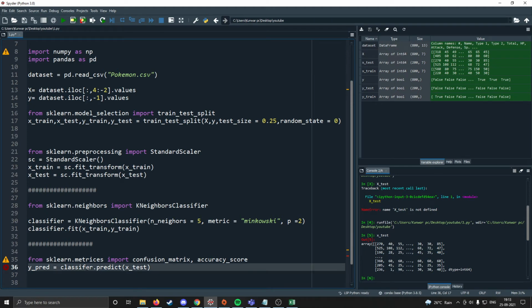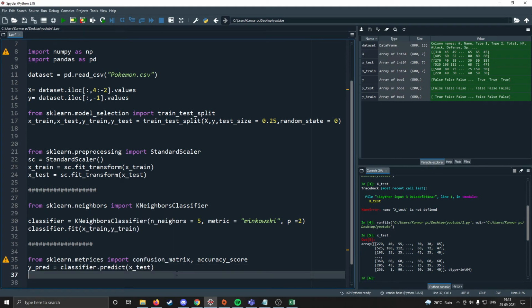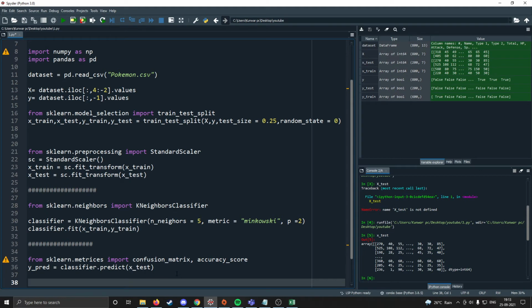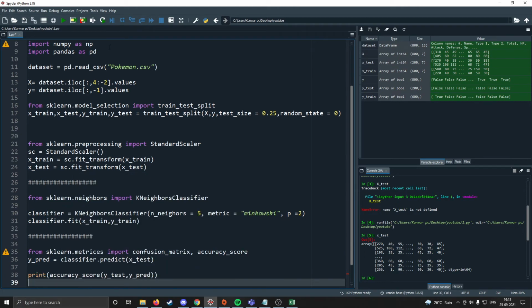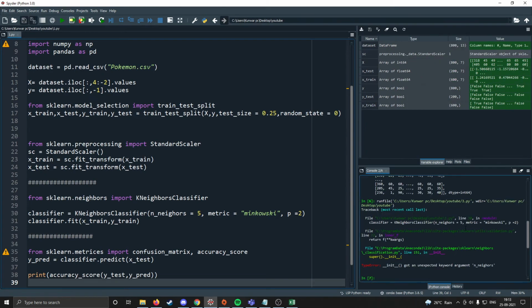Classifier, so spelling mistake, and accuracy_score should be test first. So y_test comma y_predict. That's all, and we have to print this obviously. So print. Now when we run this